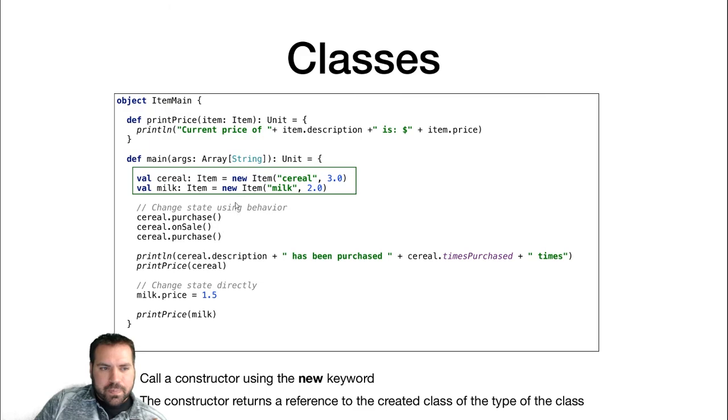So we're creating a new object of type Item, with a description of cereal and initial price of $3, and storing that in a value named cereal of type Item. Same thing with milk, create a value named milk of type Item, and create that new object of type Item with a description of milk and an initial price of $2. Once we create,